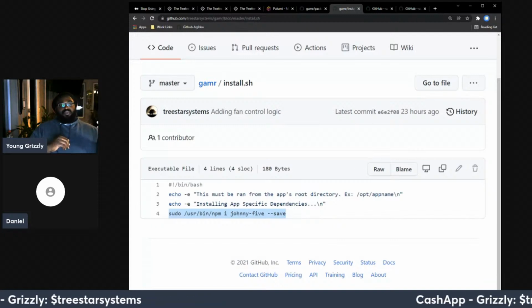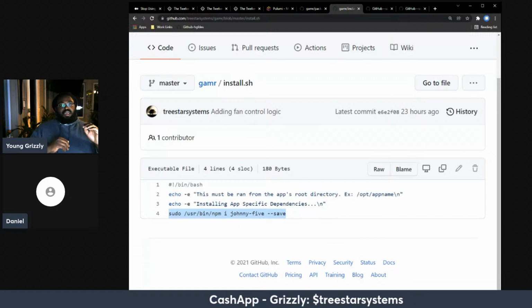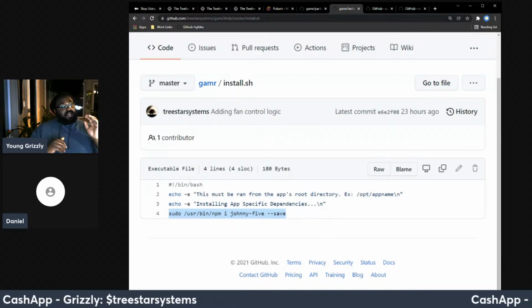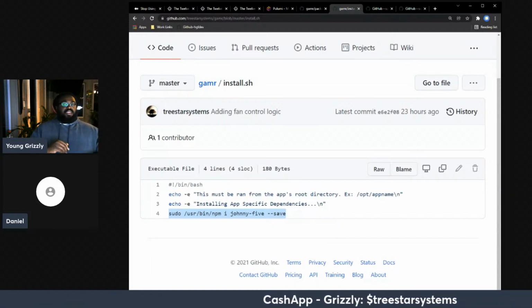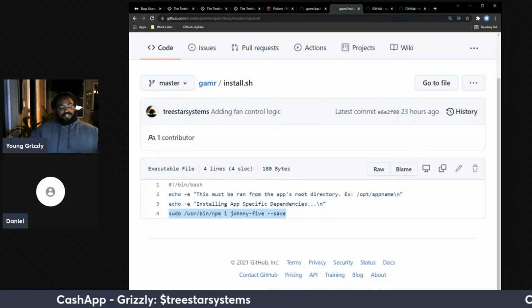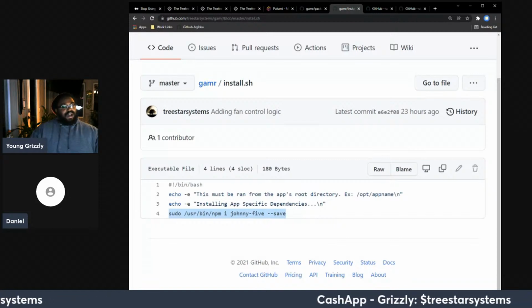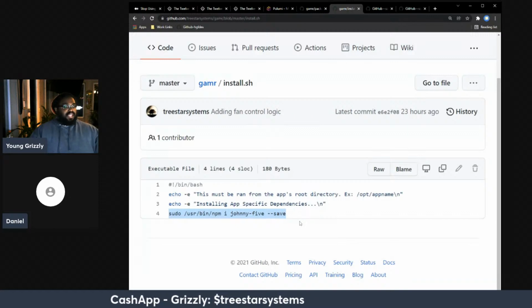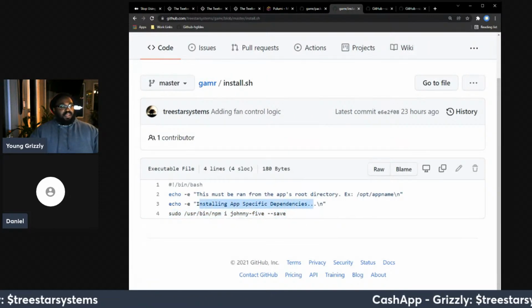I could use Inquirer, which is an npm module, but I use bash and ask all the questions, and then it fills in certain things for me, asks me for my Git password, creates the repo, and does all types of other stuff for me, which is great. But then if I wanted something like Johnny 5, so I can control Arduino devices from Node.js, then I'd have to actually put in the app specific dependencies.